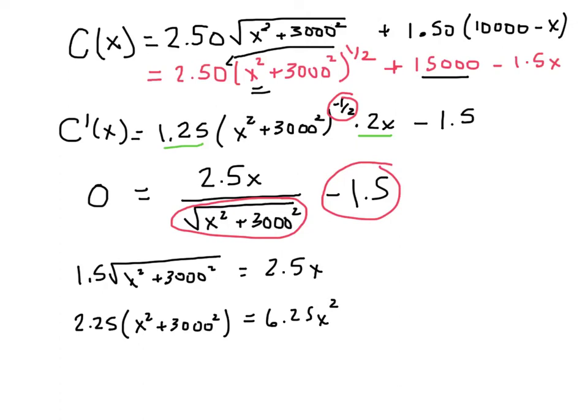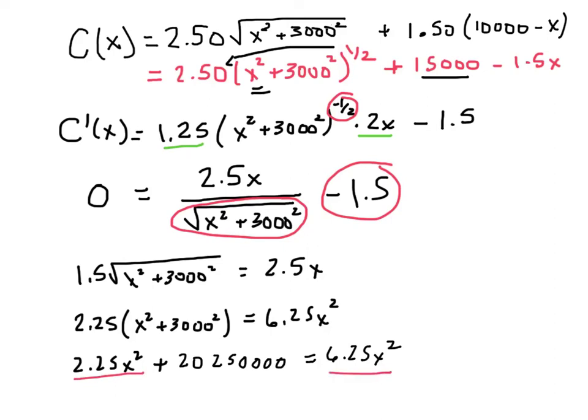Distributing the 2.25 gives us, and finally now I had to go ahead and multiply this out. This is 20,250,000. I hope my math was right on that. And that equals 6.25x squared. And on the next screen I'm going to continue, but just so you know, I'm going to subtract 2.25x squared from both sides, and that'll make this a 4x squared. So we're going to have 4x squared